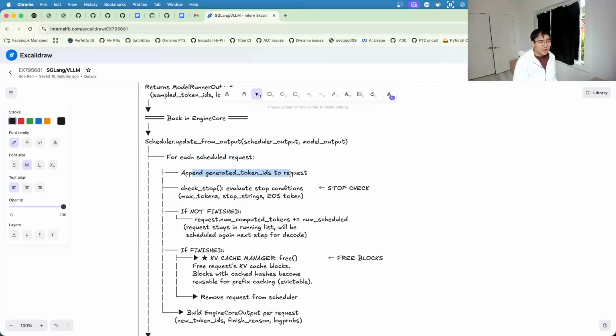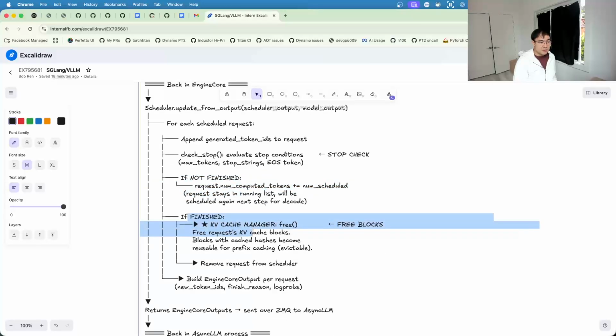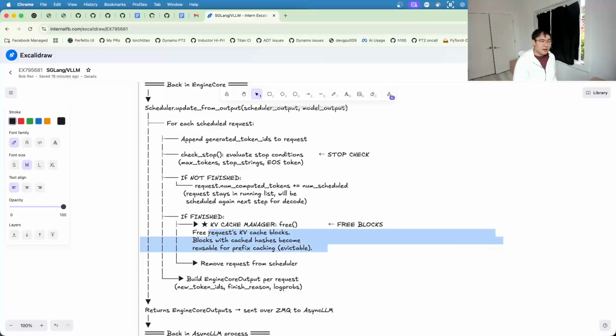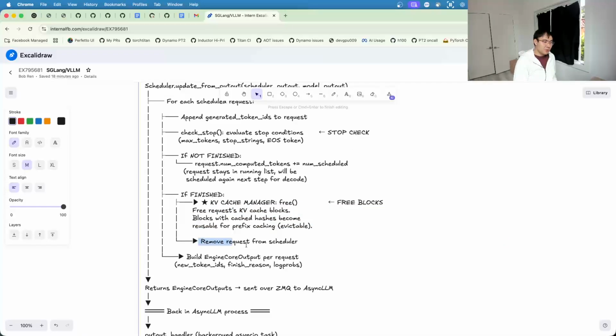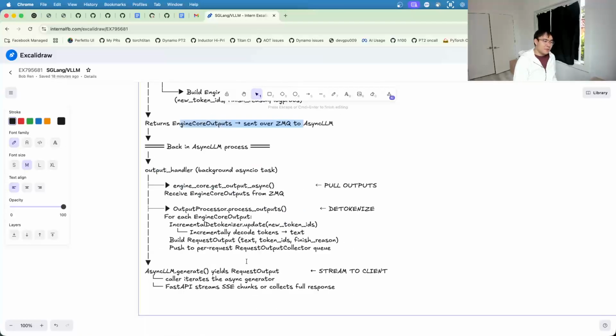For each request, we append the generated token IDs to the request. We check to see if there is the stop condition. Typically it's the EOS token, but it could be other things as well. If it's not finished, we update some metadata and keep it in the queue. But if it is finished, then we free the blocks, taking into account this prefix caching thing, so sometimes we might not always free the block. Then we remove the request from the scheduler, and we send it back over ZMQ back to the web